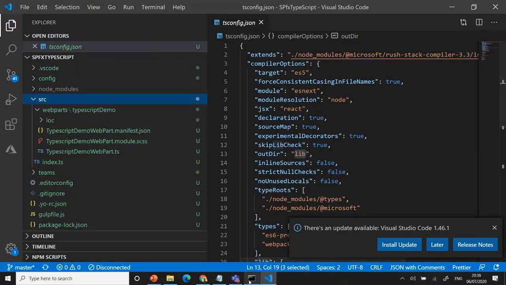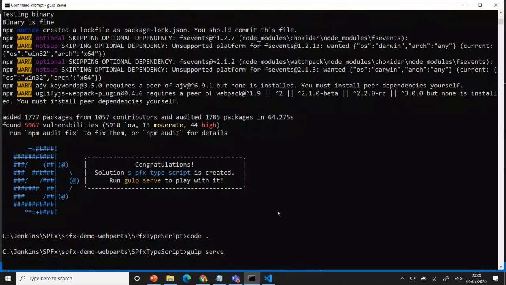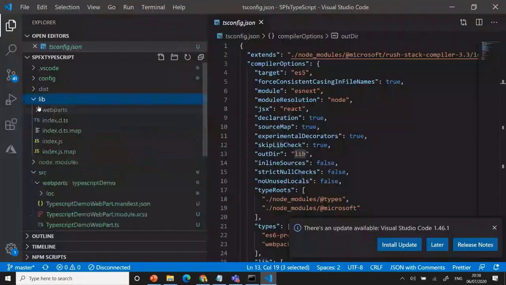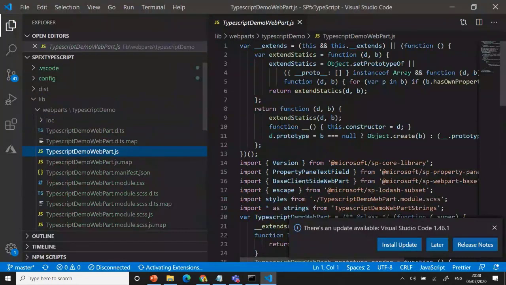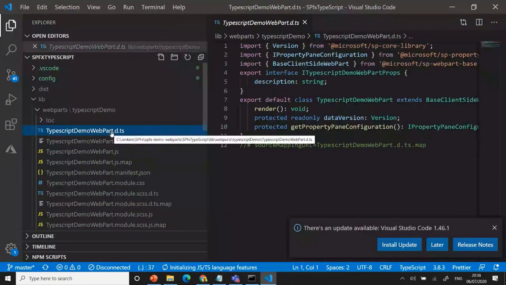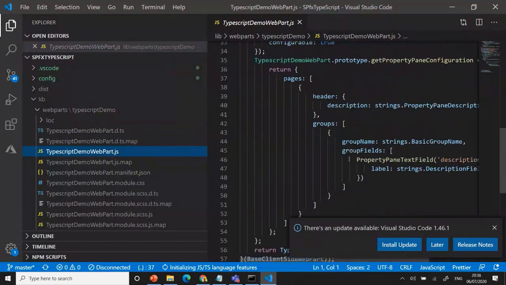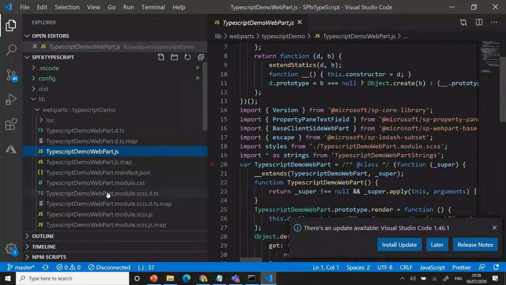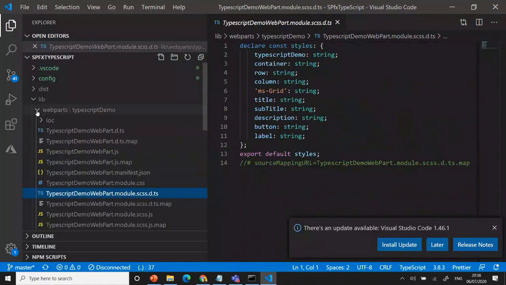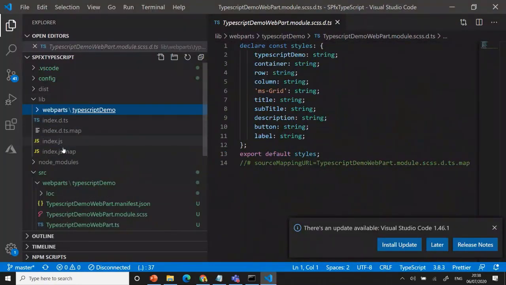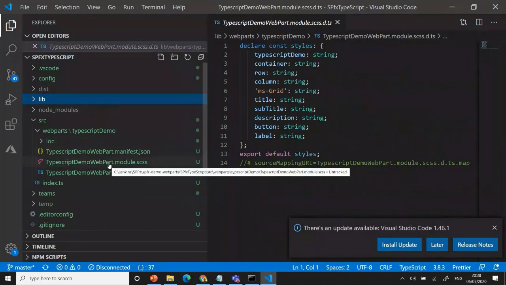Just you are running F5, you do. You can see the cursor, it will bring the execution. While the execution is running, the web part is coming. In the meantime, I'll show about the code. You can see the lib folder now available with the web parts. All the JS files are created, right? Whatever is available there, it will create these JS files. From the TS to JS file, you can see all the references, whatever available because of this template, right? It creates all the interfaces, everything as a JS file. That only executes. Other than this, TS is only for development purpose.